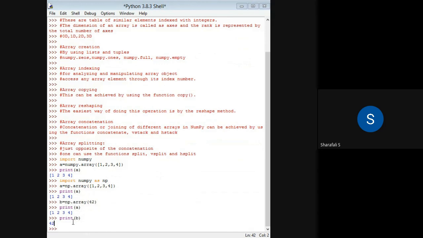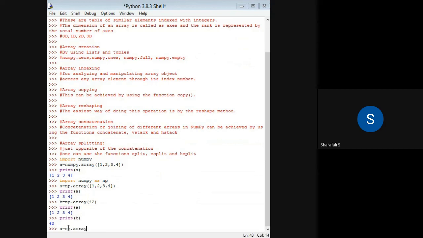Then we have the one dimensional array that we have already discussed here. And if you consider the two dimensional array, we have to define it like, for example, a equal to np dot array.